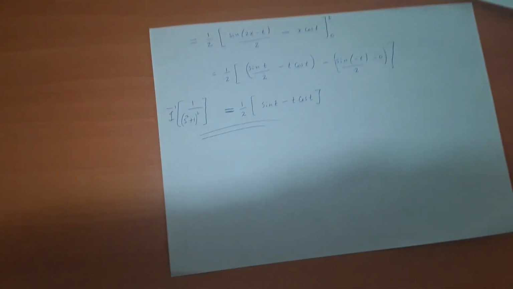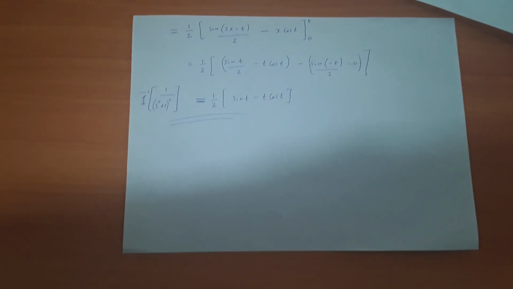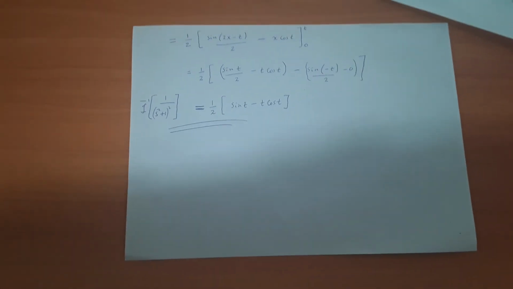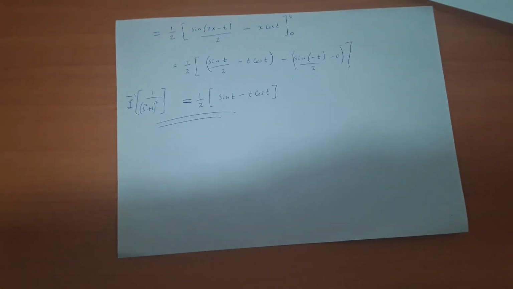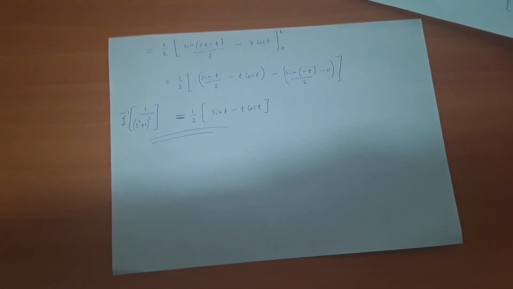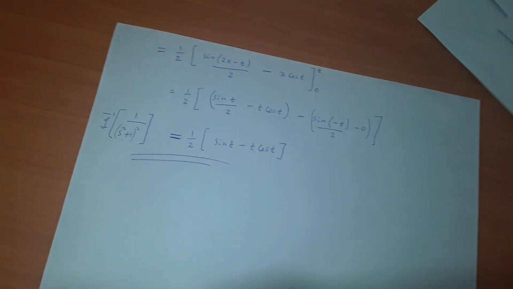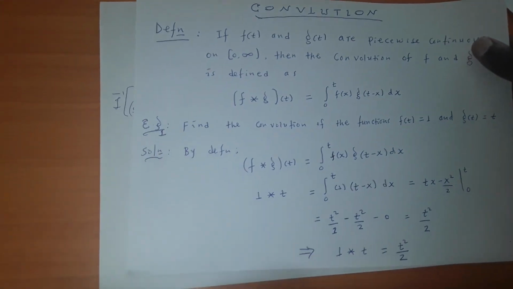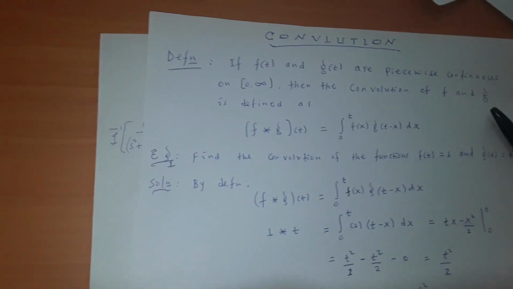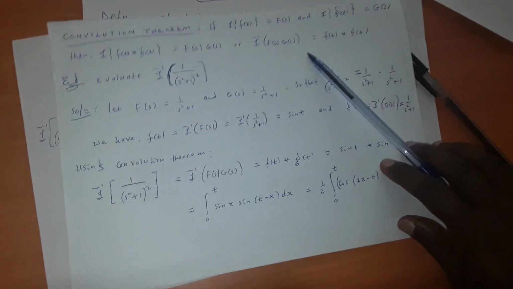So the convolution method generally is very powerful, especially in finding the inverse Laplace transformation. As we asserted in the theorem, the Laplace of f convolution with g means big F of s times big G of s, or the Laplace of f of s times the Laplace of g of s. That means we have already made this formula, using the formula of the convolution theorem, which is very powerful with this theorem in finding the inverse Laplace transformation. So